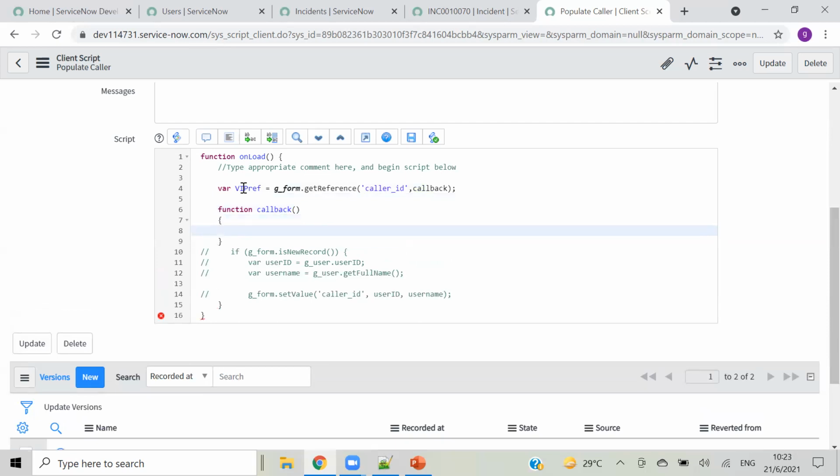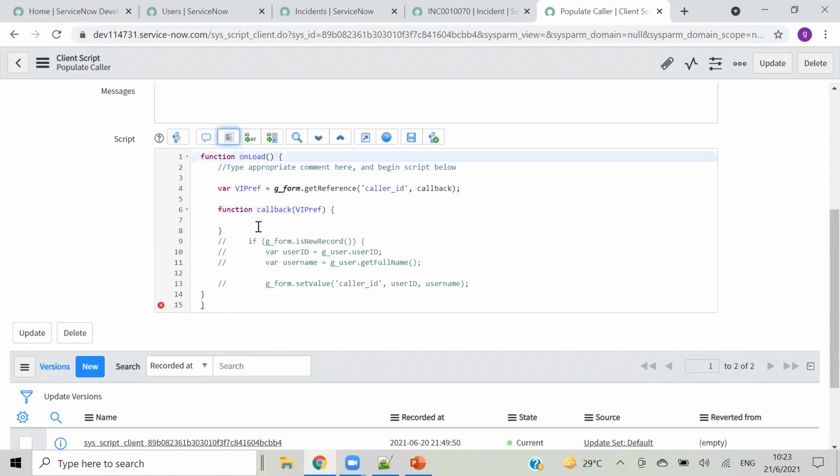I'm getting a reference field. I'm able to access the reference field, that is caller_id, and whatever I get from this reference field, I'm handling in a callback function here. Inside that callback function, I can access those and I can set. So I will get all these reference field values in VIP ref, right? So I will put that here.